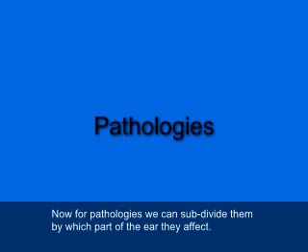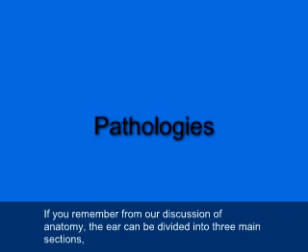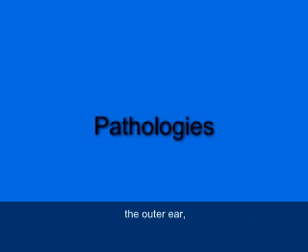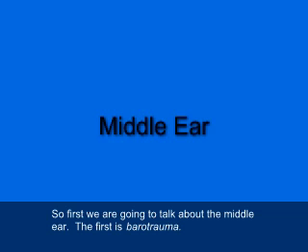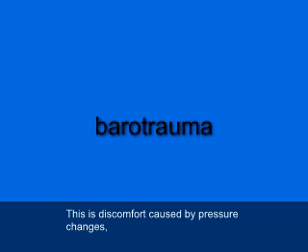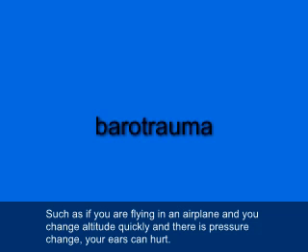Now for our pathologies, we can subdivide them by which part of the ear they affect. If you remember from our discussion of anatomy, the ear can be divided into three main sections: the outer ear, the middle ear, and the inner ear. So first we're going to talk about the middle ear. And the first is barotrauma. Barotrauma is discomfort caused by pressure changes, such as if you're flying in an airplane and you change